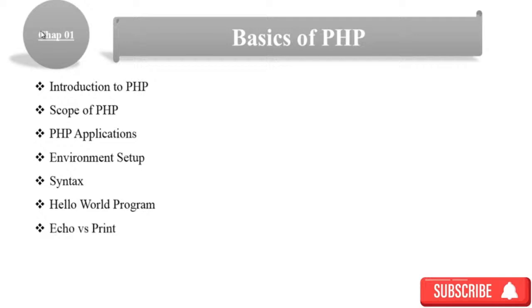Echo versus print: there are two methods to display output to the user. These are two output functions used in PHP. There is some difference between the echo and print methods, and I will discuss that difference also. Then comments, keywords, and escape sequences. So these are the different topics that we'll cover in chapter 1. In the next class, we will learn about the basic concepts of PHP, the theoretical concepts about